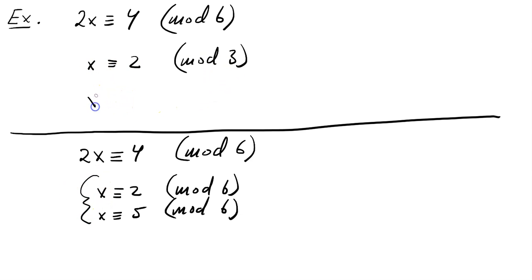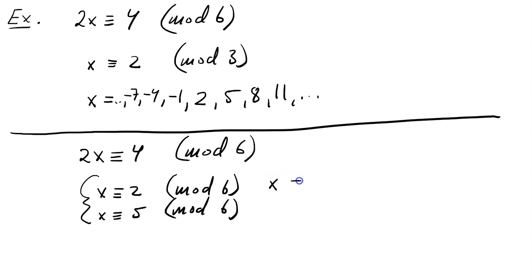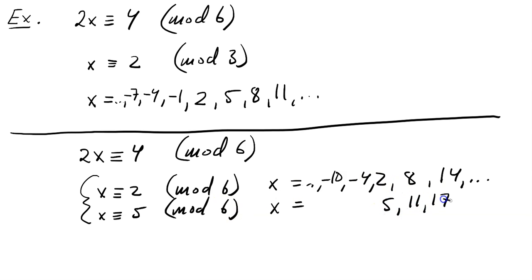Yes, they actually are, because if you write them out explicitly, this is 2 added multiples of 3. This is 5, 8, 11, and so on. And in the other direction, minus 1, minus 4, minus 7, and so on. What do we have here? Here we have 2, and then we have modulo 6. And then adding 6, that's 8. And the next one is 14, and so on. Minus 6, that's minus 4, minus 10, and so on. And here we should start instead at 5, then adding modulo 6 with 11, 17, and minus 1, minus 7,